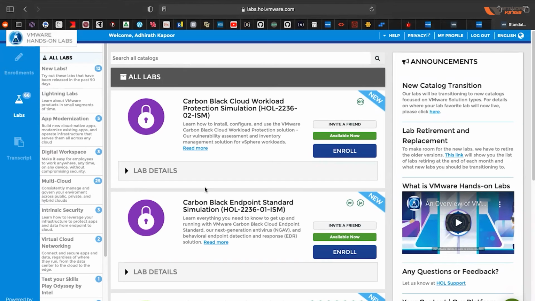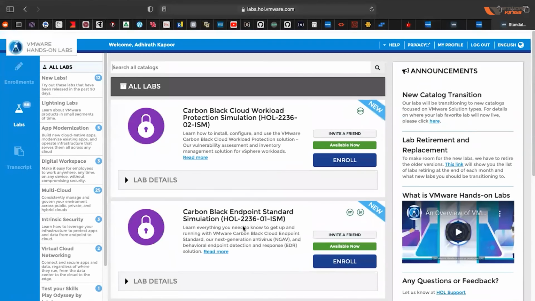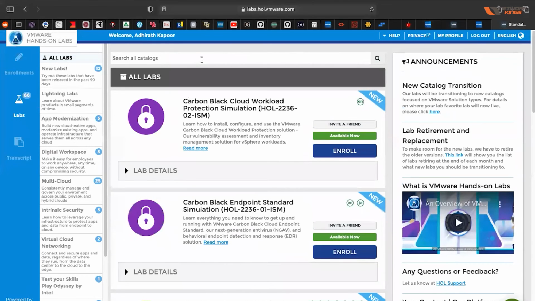When you go to all labs, you're going to get all the labs here. Now you need to look for these labs one by one. Let's suppose the first topic that we are going to cover in our classes is introduction to virtualization, where we'll talk about traditional data centers, hypervisors, and virtual machines, and how they work.